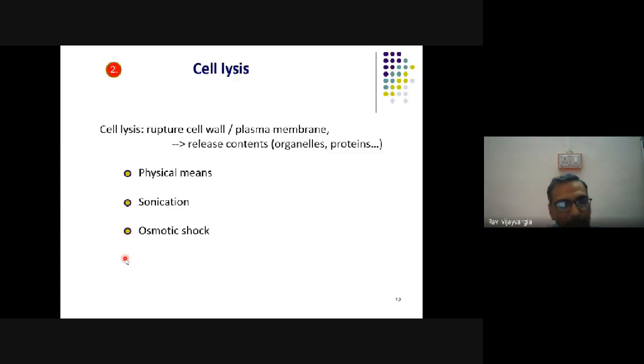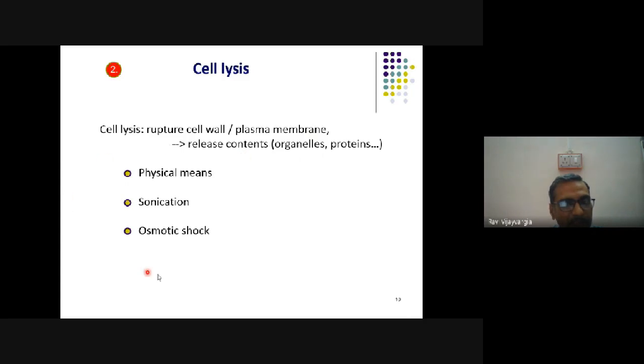Before we purify any protein, we have to get the protein out of the cells where we are expressing it. It can be a bacterial cell, yeast cell, mammalian cell, whatever cells you are using for expression of your protein. You have to get your protein out of it. These are the common methods by which you can release the protein from the cells. You can rupture the cell wall in the case of plants or bacteria, or rupture the plasma membrane in the case of eukaryotic cells. Also, you can use different detergents which will get the protein out of different organelles in the cells.